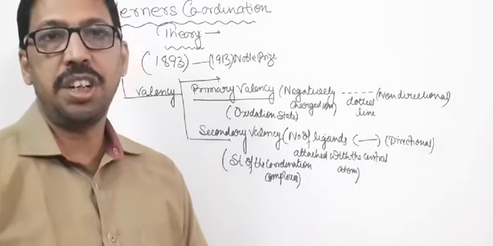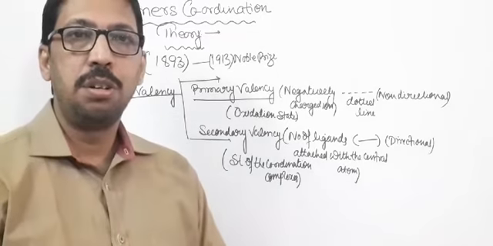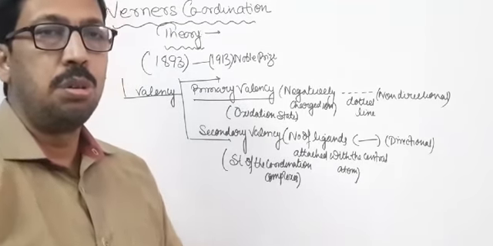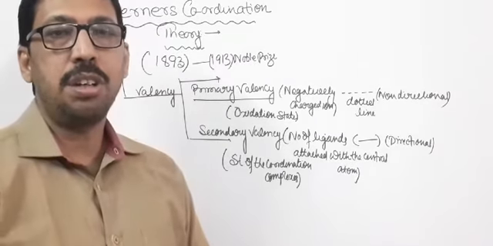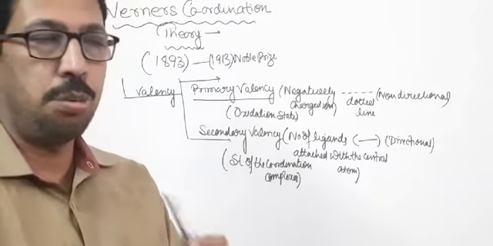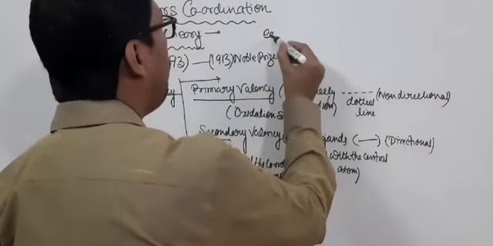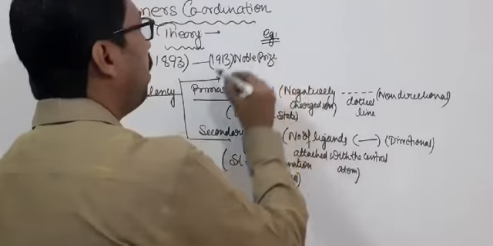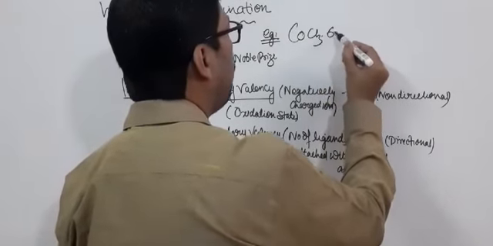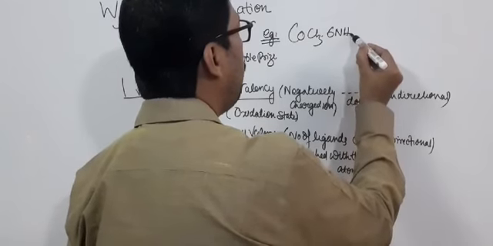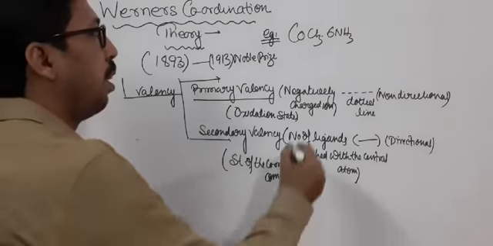Werner mainly studied the complexes of cobalt and platinum chlorides having octahedral geometry. This can be illustrated by this particular example, CoCl3.6NH3, and this is